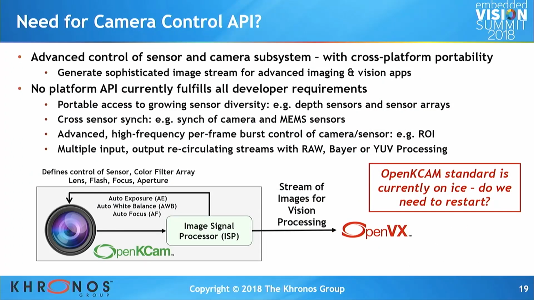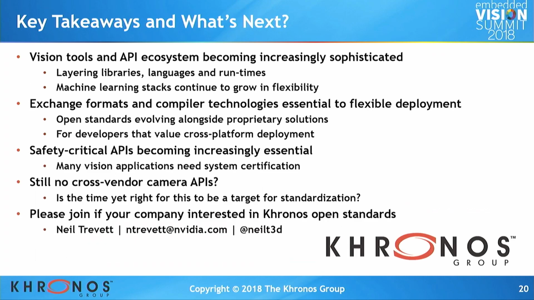And lastly, I'm going to end on a question. We still don't have an industry standard camera API. We originally had OpenKCam, but it was replaced by the Android camera APIs. But now, of course, we have embedded systems with multiple, different types of sensors that we want to control in real time, way beyond the camera control that we need for mobile applications. And so we're continuing to ask the question, should Khronos do a camera control API? Again, if you have any opinions, we'd love to talk to you.